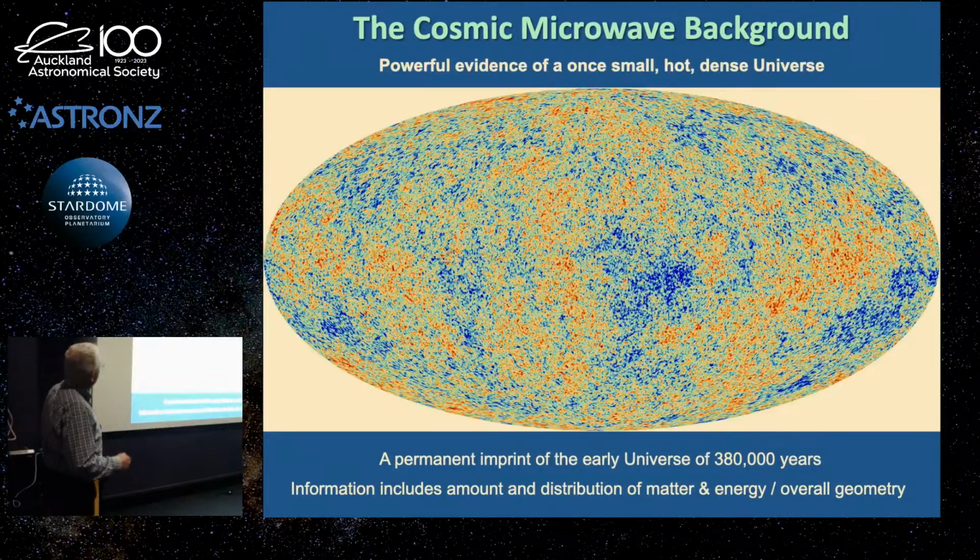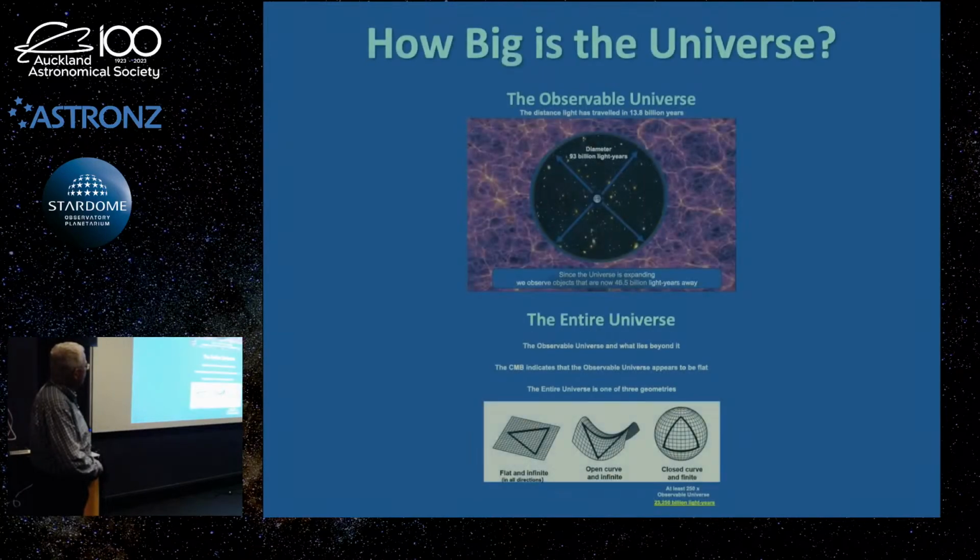Needless to say, there is a lot of information in this very first light. They call it the permanent imprint of the early universe when it was 380,000 years old. This is the very first light that you can still see now. And it gives a lot of information you can analyse, from the amount and the distribution of matter and energy that was in the universe at the time, and also the geometry of the universe, and that's important. It's a whole different story. You can tell how much dark matter was in the universe, how much dark energy, its geometry and so on, from analysing all those speckles. So it's a huge step forward with science.